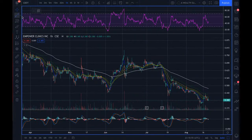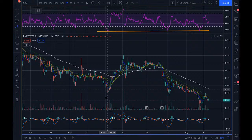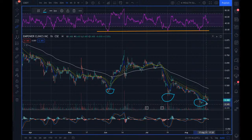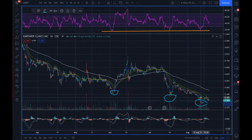As you can see here, it tried to make this bottom 3 times here on the RSI, and it's trending up each time it goes down. So that might have been the bottom, but again, there's a lot of overlapping on these, and without spending a lot of time gazing at this,